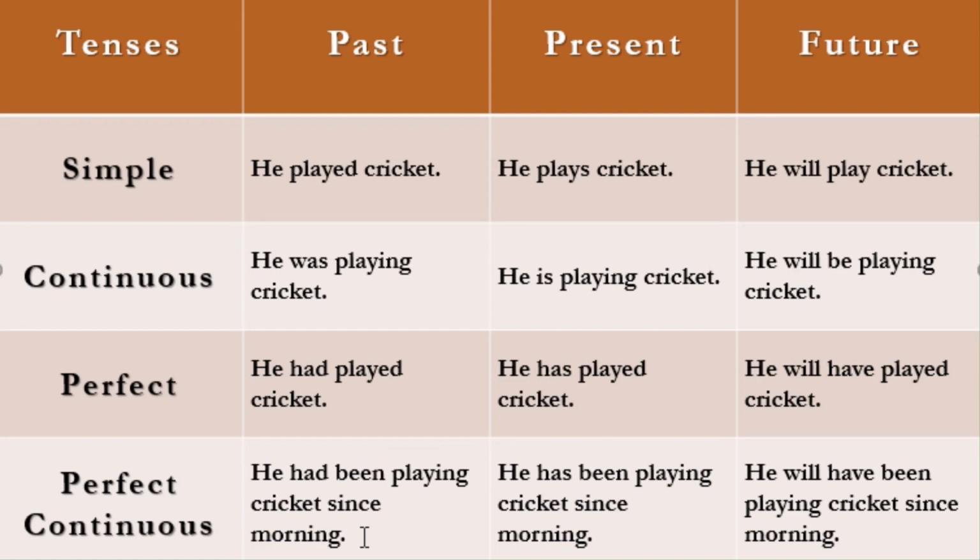If you're talking about the verb, you've used the ing form over here, and then for the past category you have used had been, then in the present has been, and then in the future perfect continuous will have been. Now remember one more thing over here, in the present category, again the same rule applies. If, let's say, in place of he, I am writing I, then I would have to change it to have. I have been playing cricket since morning.